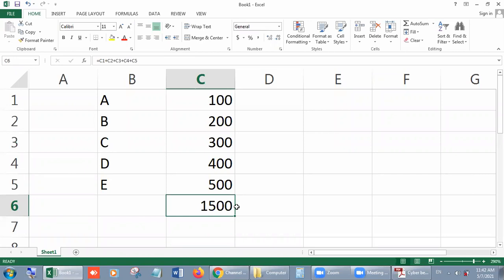I hope it is quite easy for you. Now I am going to show you the compound formula so that we can cover some more commands today. Suppose we want the average of it. Average means total is 1500 and I want to know what is the average of it. तो average करने के लिए हमें क्या करना होगा? What is the formula of average? Average is equal to total of values divided by total number of values. I am repeating, total of values divided by total number of values.